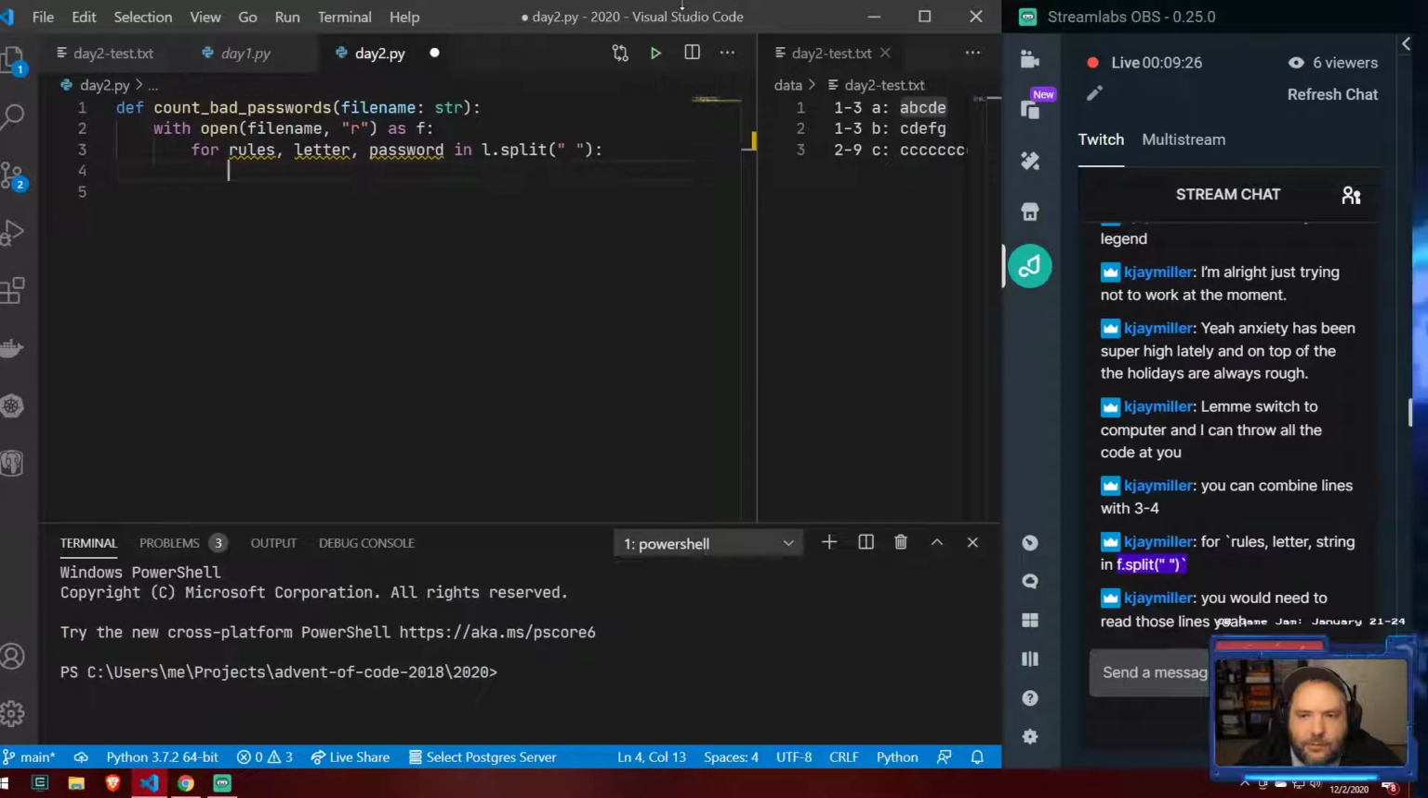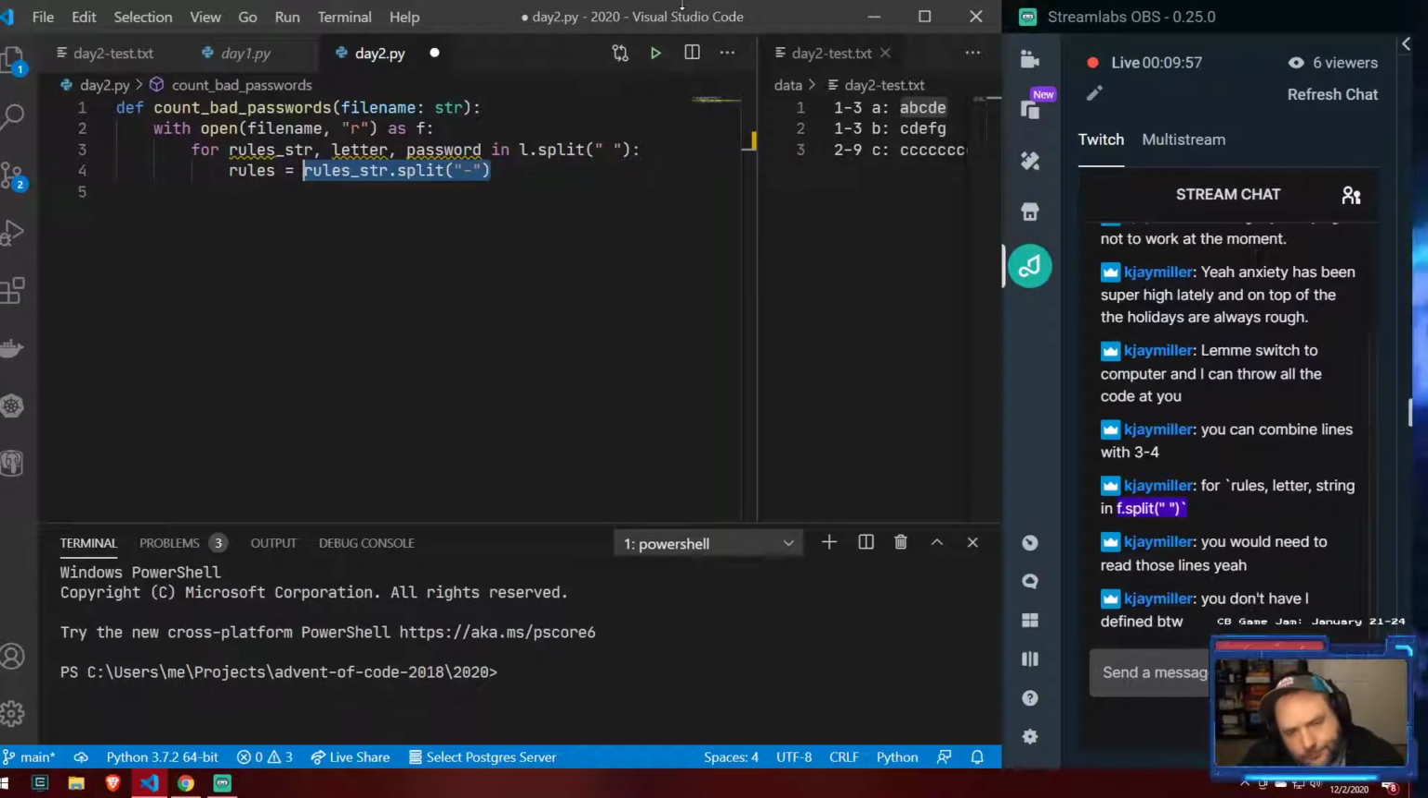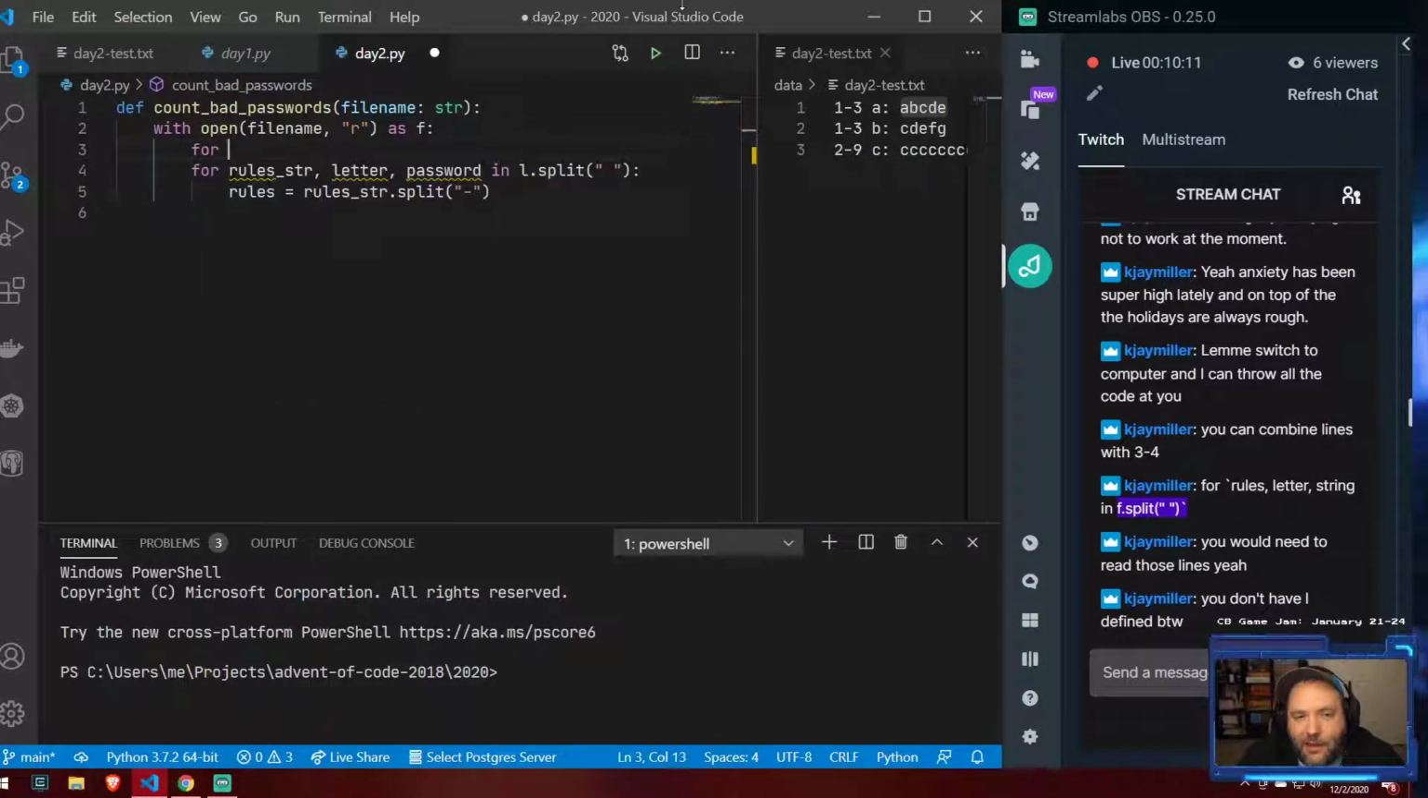All right, so we've got our rules, which is a range. So we've got a little bit of just kind of data cleanup. I don't typically like giving things their type name, but I think I'll go ahead and do it here. Split. And I don't have L defined. You're right. So yeah, unless we want to really extend that one-liner,